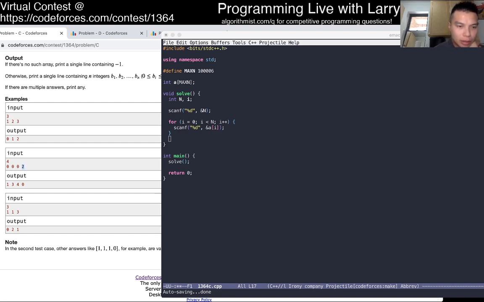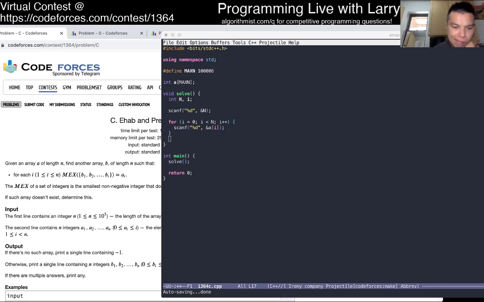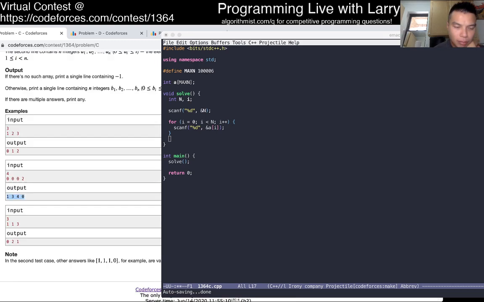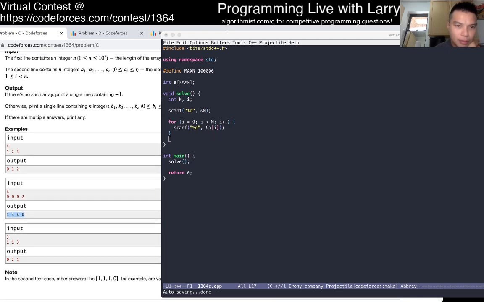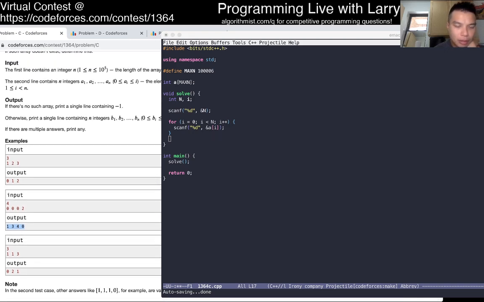What does this 2 mean? 2 means that there has to be a 1 on the left of this and a 0. And you can do n square. Can we do binary search?